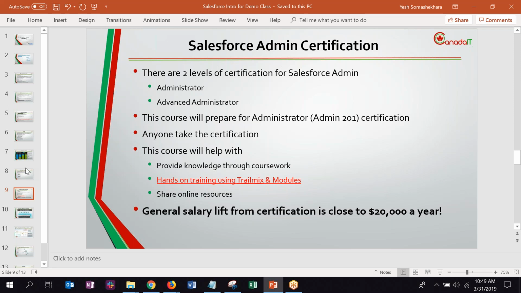And trust me, Salesforce is the number one cloud-based application out there, but there are various others too. And certification, based on general research, I don't think I put a reference to this, but people think you get more than $20,000 extra if you get certified versus a regular admin. If you're a Salesforce certified administrator, you get 20,000 more than a regular admin. That's a general idea that people think of. Okay.